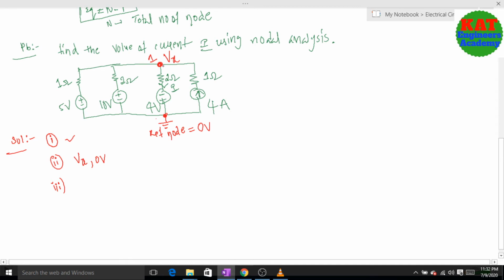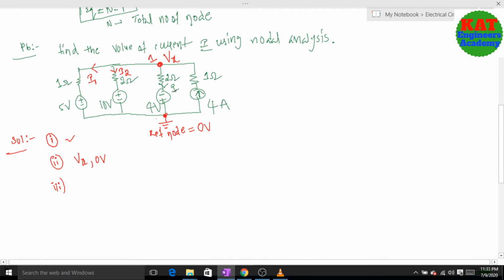Next, write the KCL equation. Before you write this KCL equation, just listen. For the current directions from the node towards other branches, you always have to consider all currents as outgoing currents. Here two elements are interconnected. The current flowing through the 1 ohm is considered as I1, for example. Next, the current flowing through the 2 ohms is considered as I2, because the current reaches the 1 ohm and 2 ohm separately. So the two currents are different: I1 and I2.